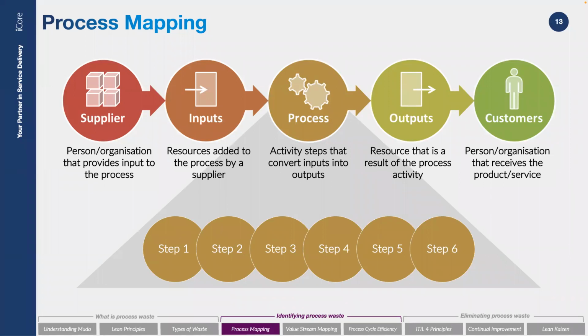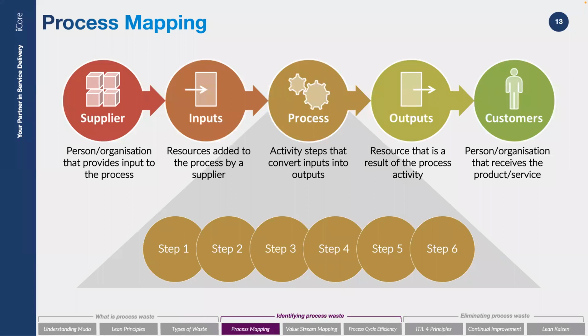For each of those inputs, who does that input come from, or what does it come from? Is it from a customer giving a call? Is it from an event management tool publishing or communicating an alert? What is it? And then we go on to the other side. What are the outputs that we want to achieve from this step? And who do these outputs go to? And here we start stringing out and understanding a little bit more about that process itself, and what it is that we are looking for.